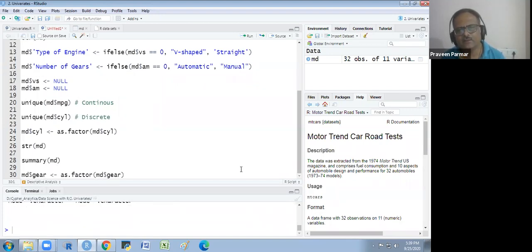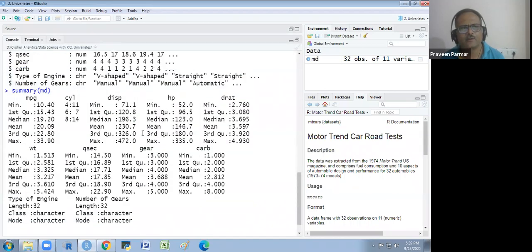In the summary, we get a 6-point summary. In numeric data, that means the minimum value of the variable, first quartile, median, mean, third quartile, and the maximum value of the variable.